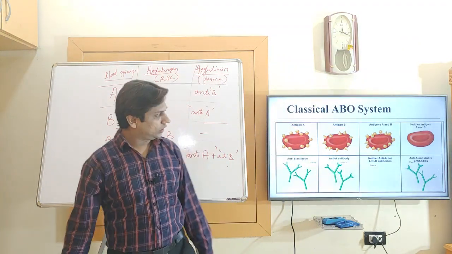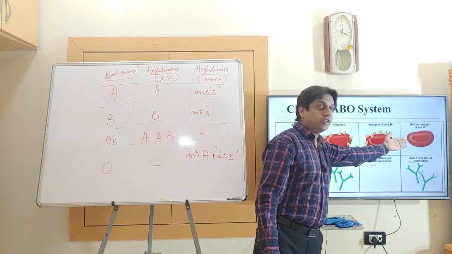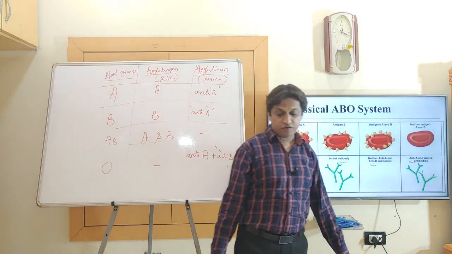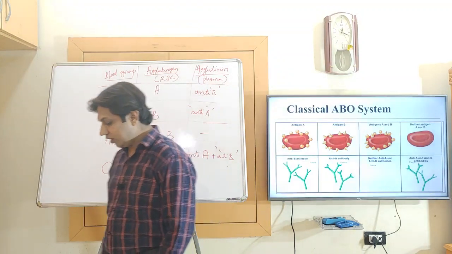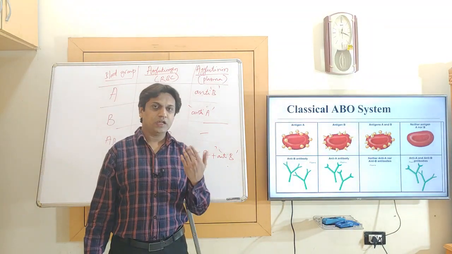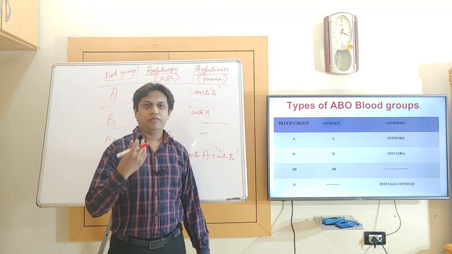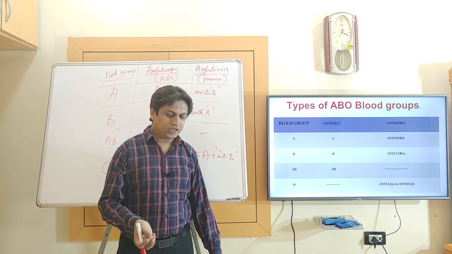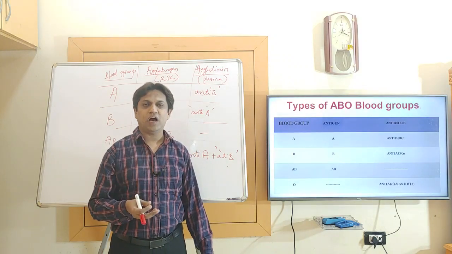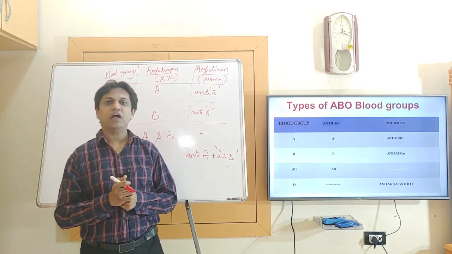Here one question comes: when blood group O has no natural antigens, how do its corresponding antibodies develop in the plasma? Since these antigens are not present at birth, they are taken in through food or bacteria that enter our body. In response to these antigens, the antibodies are produced.